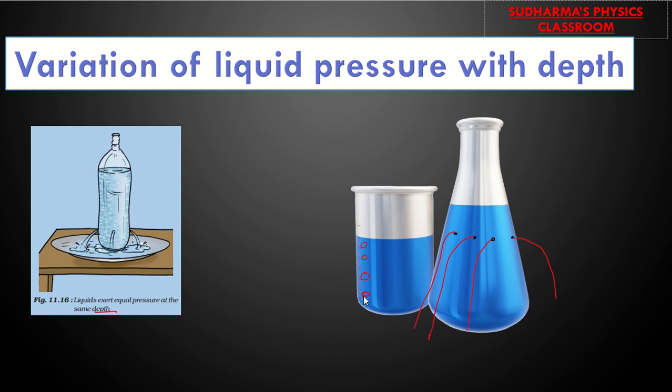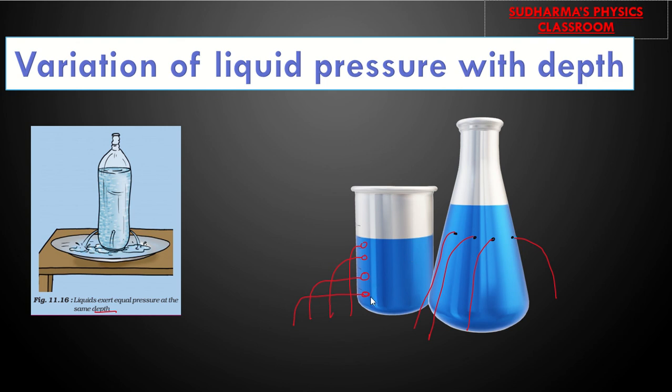So here what happens is, when you observe this, the water coming from this, right, this will be more. Here it comes less, and here it will be very less. This is what you can observe. Okay, so try this experiment also. It's very interesting to do this. Through doing that experiment, you're going to understand a very important scientific principle. Water pressure at depth is more. When the depth of this water is increasing, the pressure will be more. Okay, so more the depth, more pressure applied by the liquid.